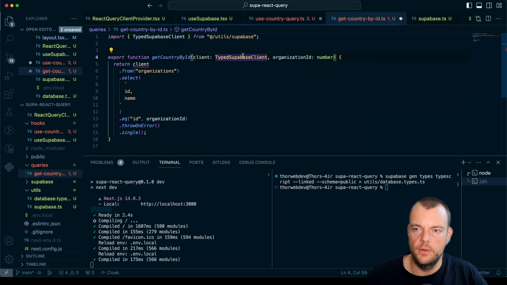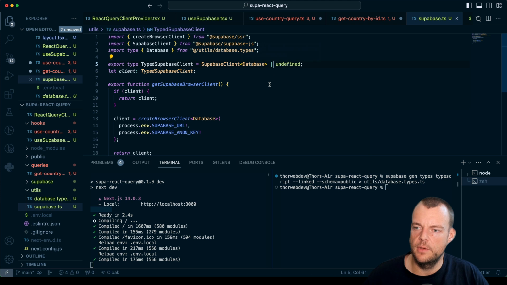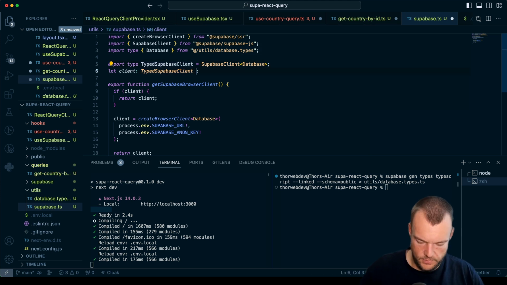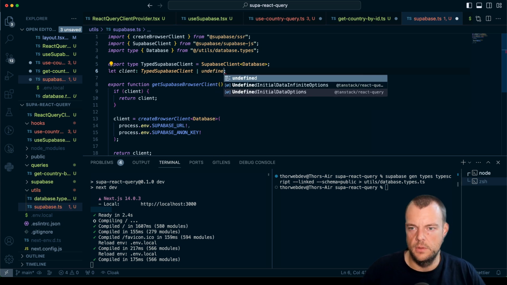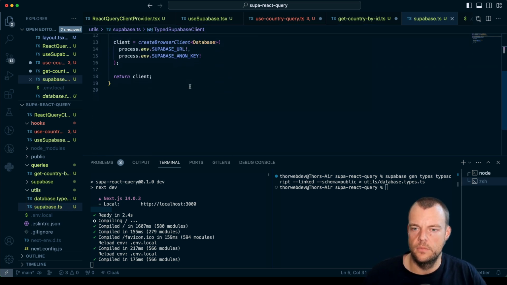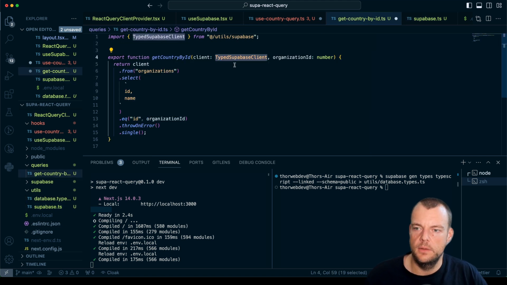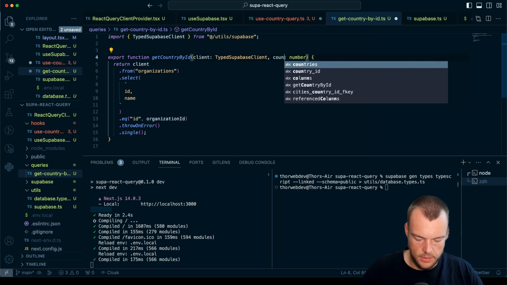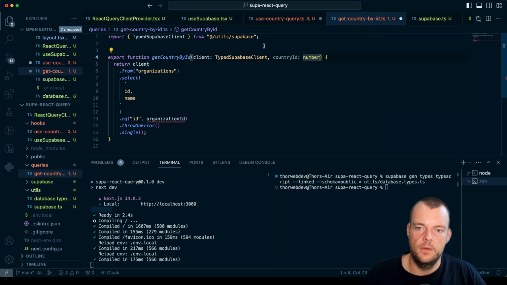We can import this from the utils, and then, oh yeah, in our case, I guess. Okay, so actually type supabase client is not allowed to be undefined. So we'll say type supabase client, or this one here is, okay. And then so here the client is our typed, and then we say country ID is a number, and